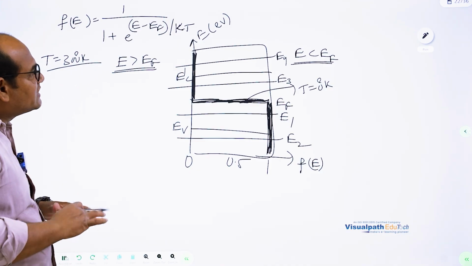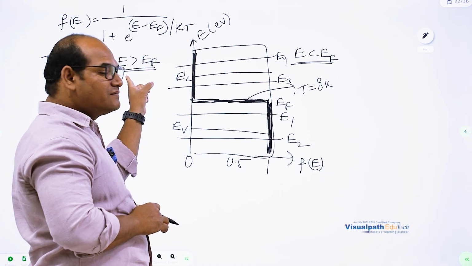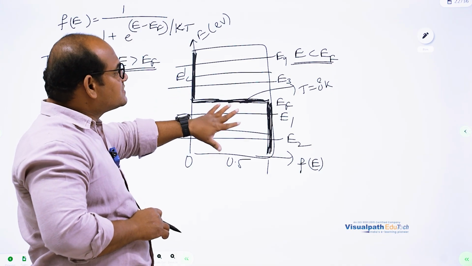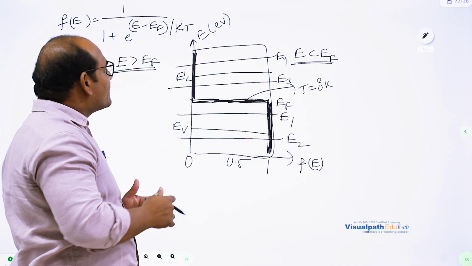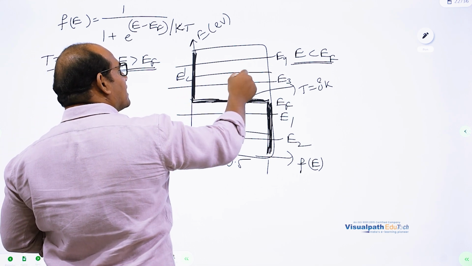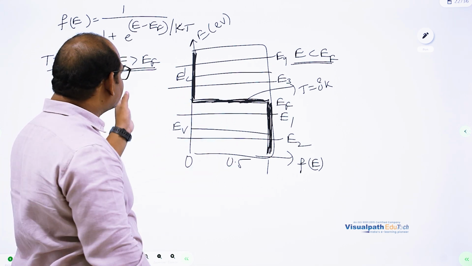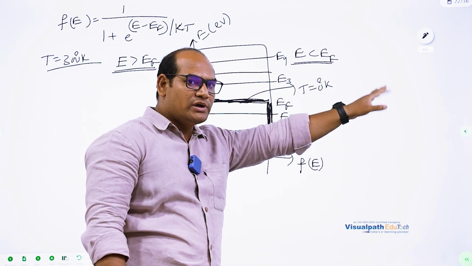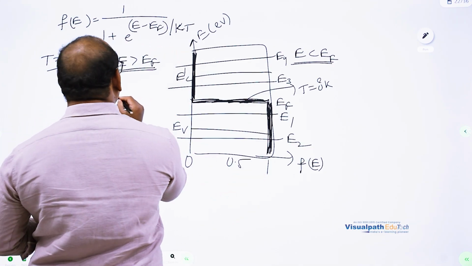And I am taking this into two parts. One is the energy levels which are greater than EF, that means this side. And another case is energy levels which are less than EF, that is this case. To analyze that, two energy levels I have taken above the EF and two energy levels below the EF. That means in this case two energy levels E3 and E4, and in this case two energy levels E1 and E2. Okay. So, first I am taking